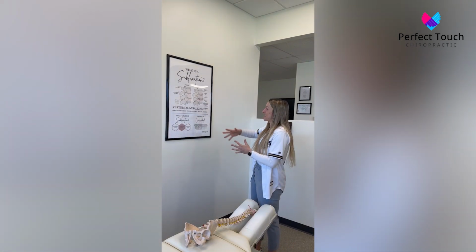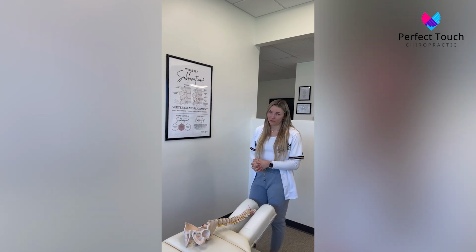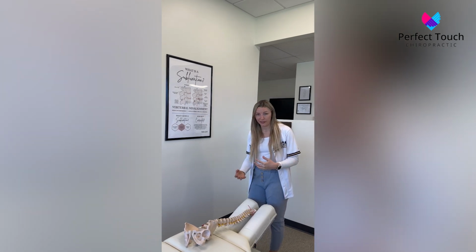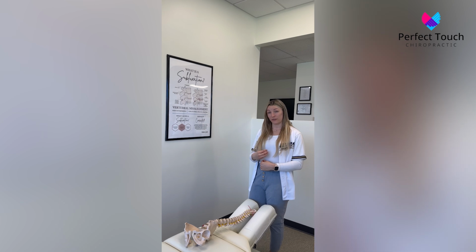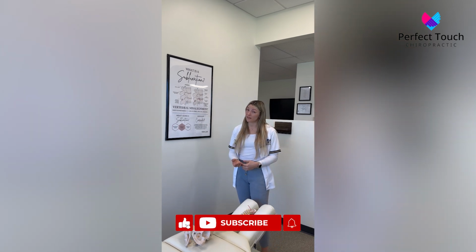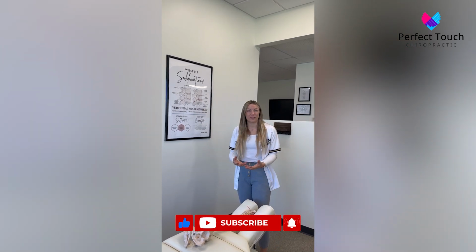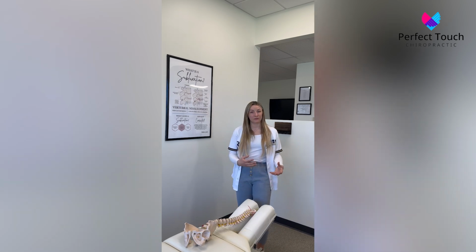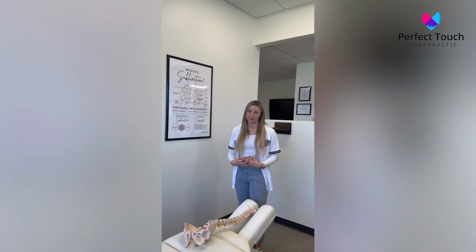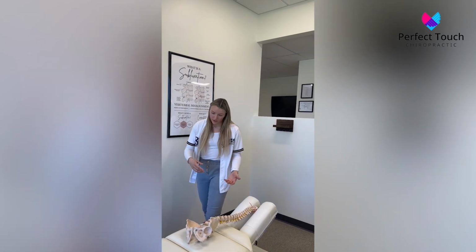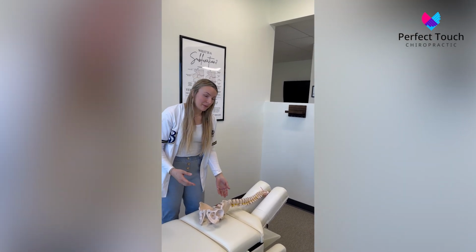The most common one is actually what is called a subluxation. So that is a bone that is physically out of place, misaligned, putting pressure on your nervous system, and in some individuals causes a lot of pain, and in some people they don't necessarily feel the pain. But you don't always feel 100% of what is happening in your body. So why can a subluxation cause pain in the low back?